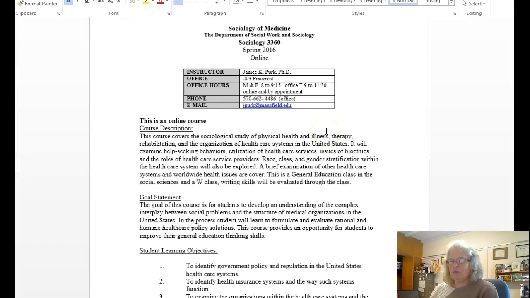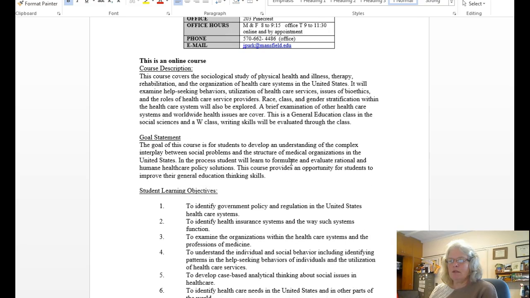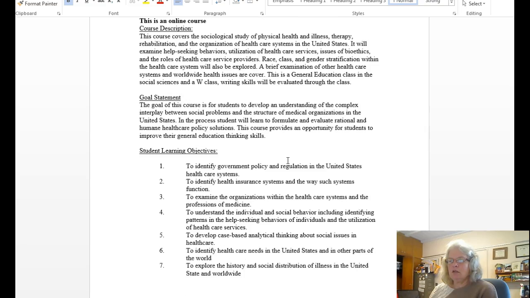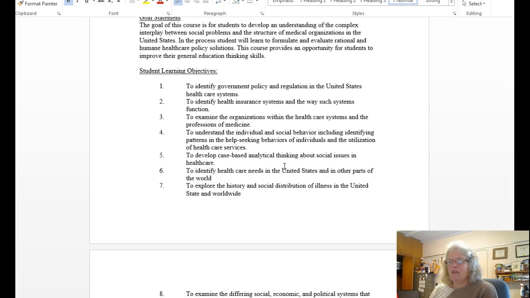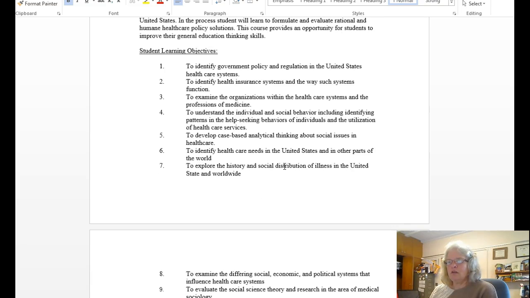As we explore the syllabus, I'm going to make sure it's fairly brief as we go over it, but hit the high points. Student learning objectives are here, and we're clearly going to look at the U.S. system. That's why the current textbook is in place. We needed a very current textbook to look at the healthcare system in the United States and how it's changed with the Affordable Healthcare Act, along with looking at the history and the distribution of illness, and we're going to